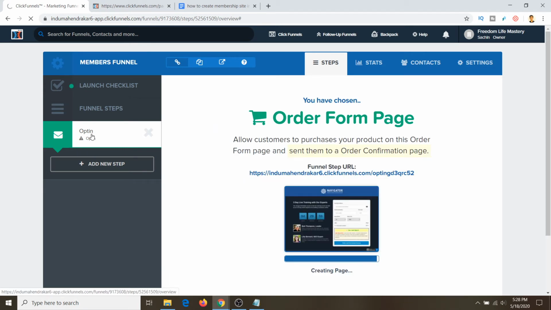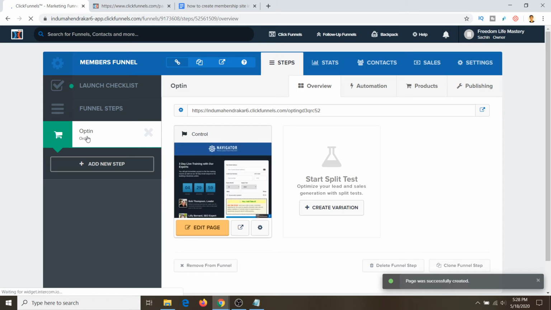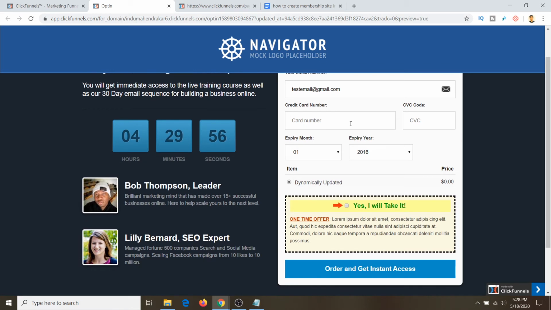Before this page there will be steps like an opt-in page, where you will collect their email address, and a sales page where you will show them how this course is going to help them. Once you say, if you want this course, click here to buy, they will have to put in their credit card information. That is what I'm going to show you here. This is the page where they will enter their contact email address and credit card.